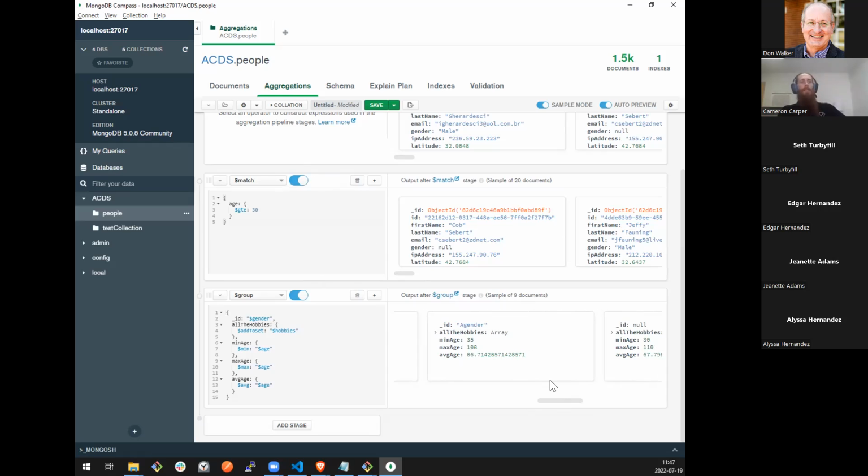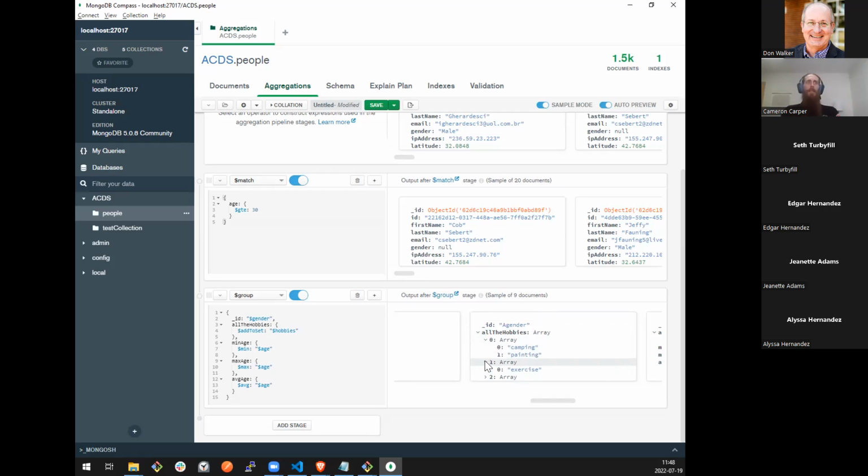I have just realized that I did not show you what's in the all hobbies array. And that is a little bit on purpose because it's not going to be correct right now. In fact, oh, these are people with null. Let's check a couple of other ones. Yeah, what I want all the hobbies to be is a list of strings, a unique list of all the hobbies for all of these people. What I've actually gotten is an array of arrays. So basically I've taken the array from each person in this group and pushed it into a different array, which isn't very helpful for us.